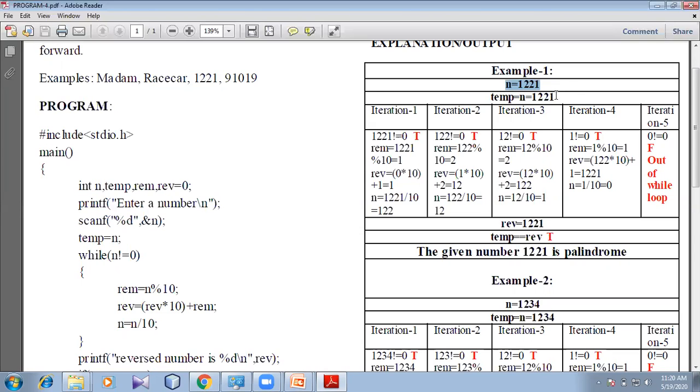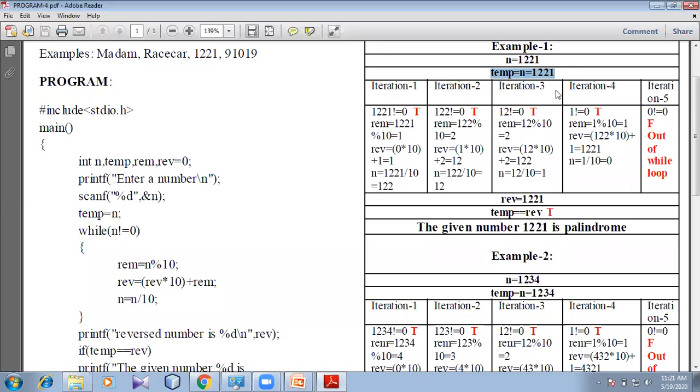Whatever the value of n, I am storing it in temp. That means your temp variable will also contain the same value as n, that is 1221. Now you check the first iteration here. We'll consider this column first. The first check is whether n is not equal to 0.